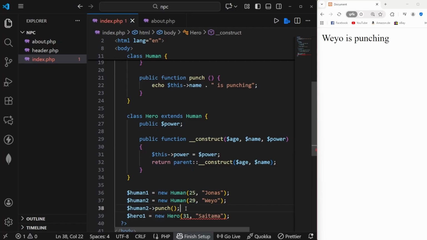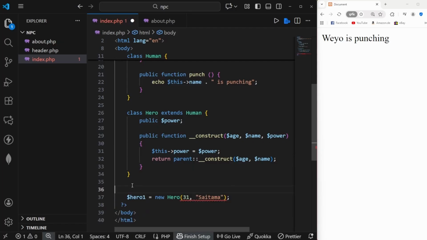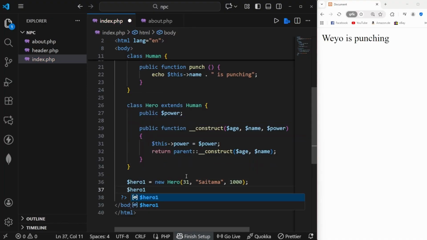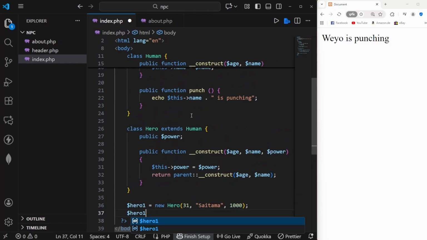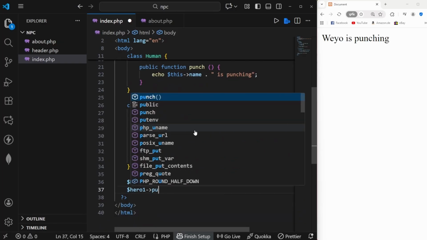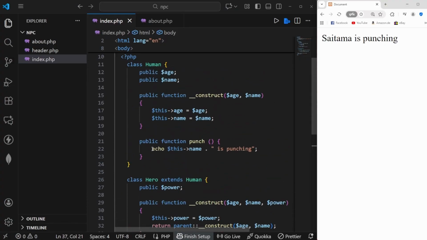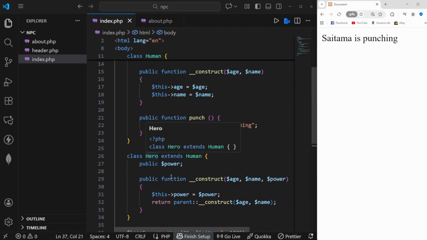So now let me delete those humans right here. We don't need them anymore at this point. And now our hero also needs a power. So let's maybe say 1000. And now our hero 1 can do all of the things that a normal human can do. So hero 1 can punch, for example. So let's call punch right here. Let's reload the page. Saitama is punching. So Saitama is also able to punch, because Saitama can do anything that a normal human can do, but Saitama